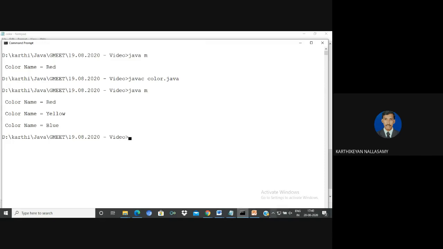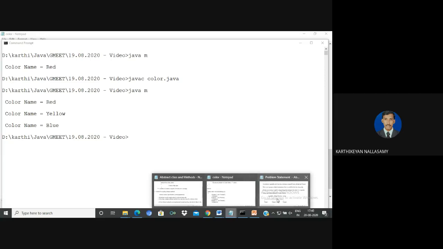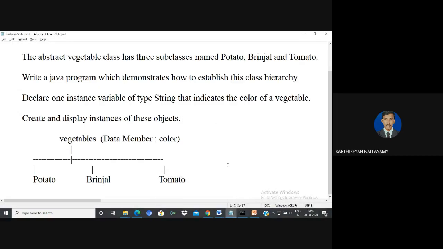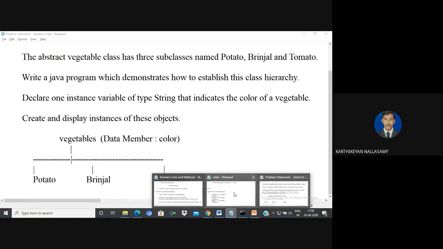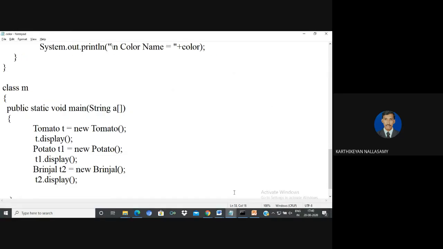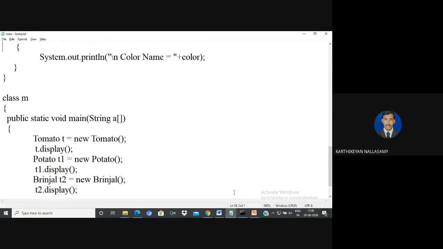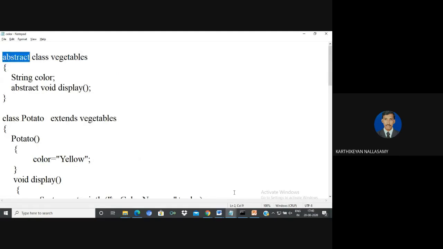So if a particular class contains only a small part of the content, and cannot fulfill the remaining content without the help of some other class, then we can't create an object for those classes. Those classes must act as abstract classes. Somebody may think, what will happen if I'm using this keyword abstract? Nothing will happen.